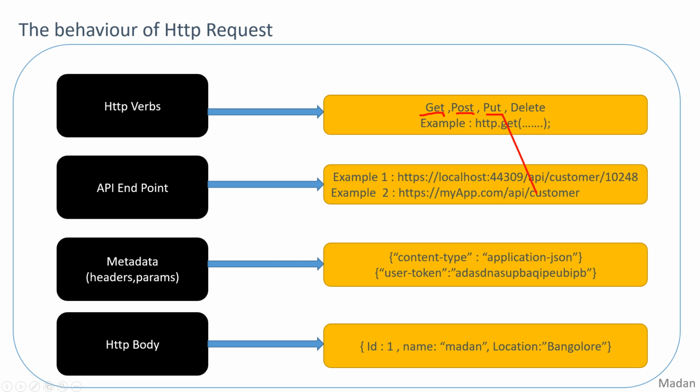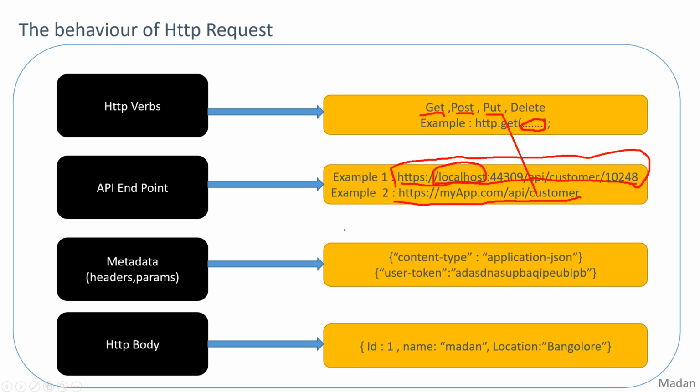The next point is the API. For the API endpoint, I already discussed the API, right? The API gives the data to Angular, which is requested from Angular. Based on that request, the API gives the data to Angular. So what is the API endpoint? It is which API you want to interact with. I will cover how the API endpoint looks entirely in the next videos.